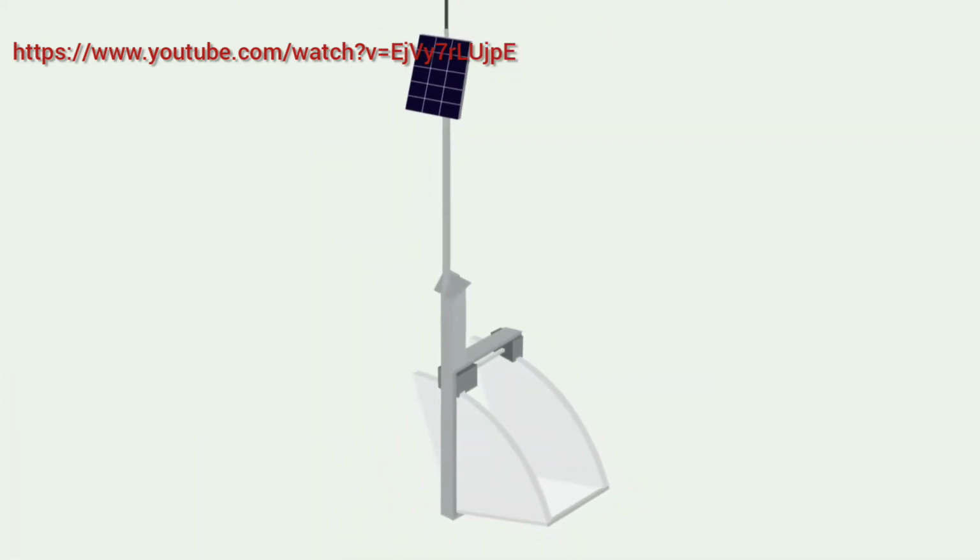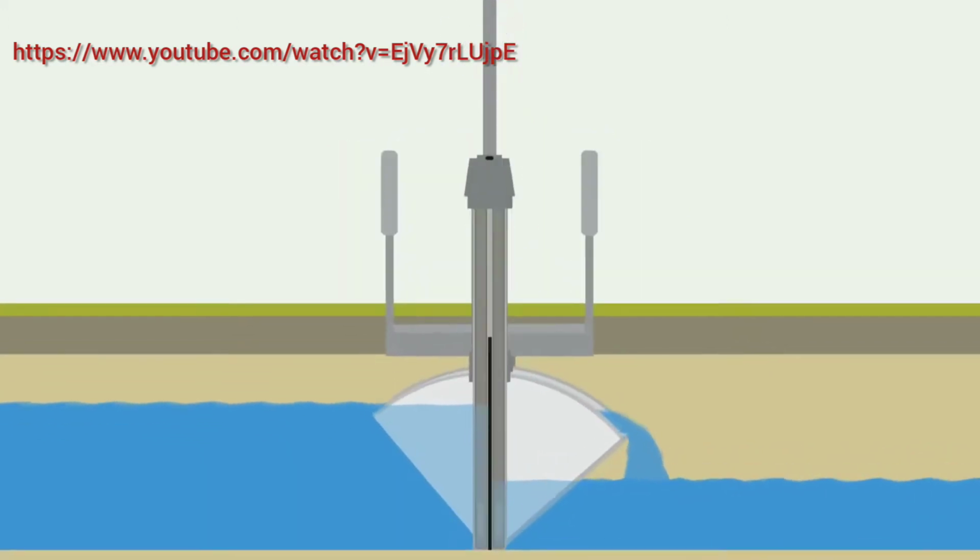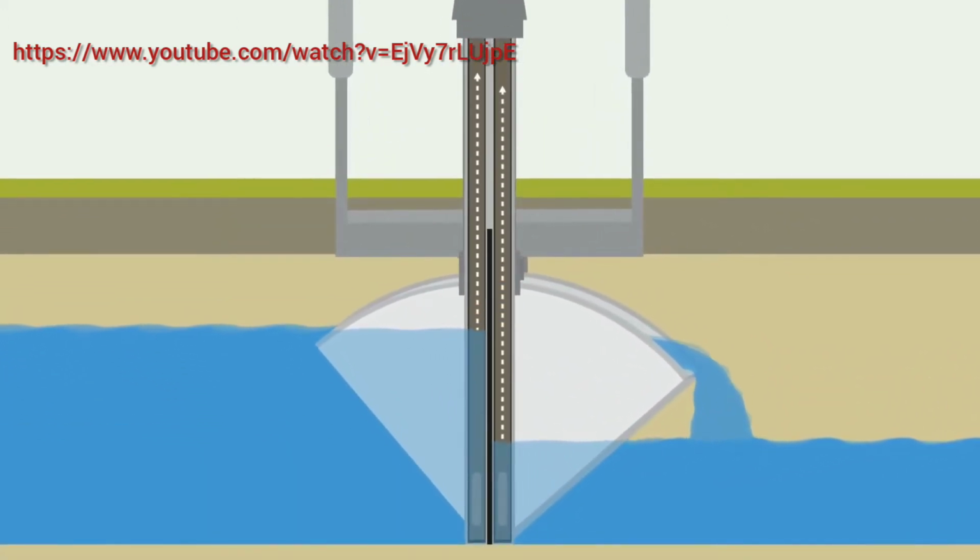The flume gate changes everything. Here's how. Firstly, the flume gate uses internal digital sensors to accurately measure upstream and downstream water levels, and together with a gate position sensor, it precisely calculates the flow passing through the gate.